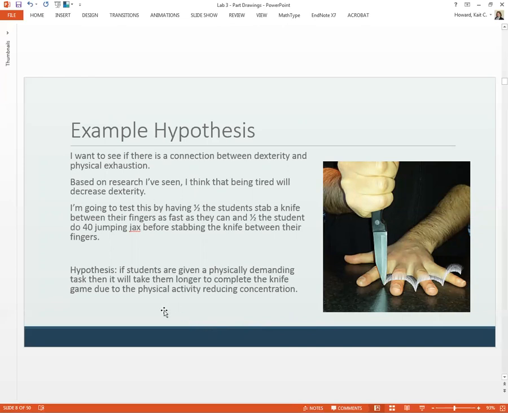So in this example, I have been given dexterity as my topic. And so what I'm thinking is that I want to see a connection between dexterity and physical exhaustion. And based on some articles that I've read, I think that being tired will decrease dexterity. So how I'm going to test this is I'm going to have half of the students that walk up just